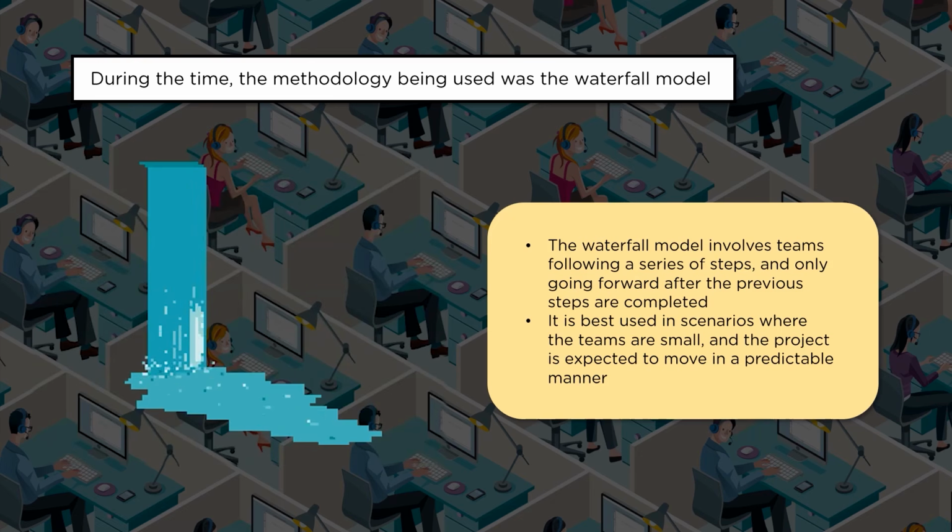It is best used in scenarios where the teams are small and the project is expected to move in a predictable manner. Predictability is very important when we follow the waterfall methodology. The variation should be as little as possible. What is that predictability I'm speaking about? As I create this product, if the result takes 6 months, 1 year, 2 years, 3 years, it's okay. This is how the product would look. The predictability: how the product would look, how that particular output would come, and when it is going to come. Is it okay if I bring that result after 2 years? If everything is okay that way, with very little variation, then it's fine.